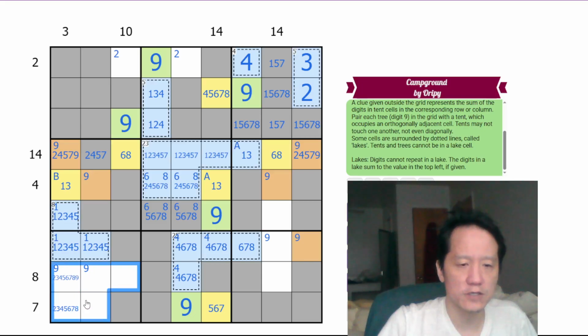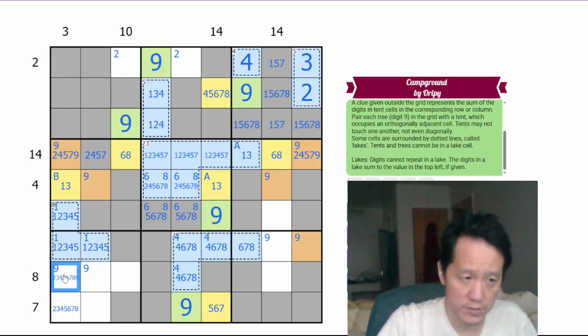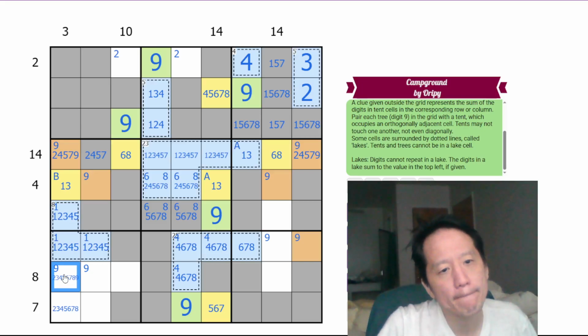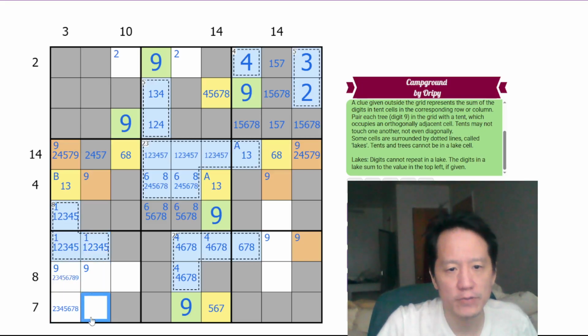These all actually could be tents. If this is a tent. Oh, that's interesting. Hmm. The implications are very interesting there. Anyways,